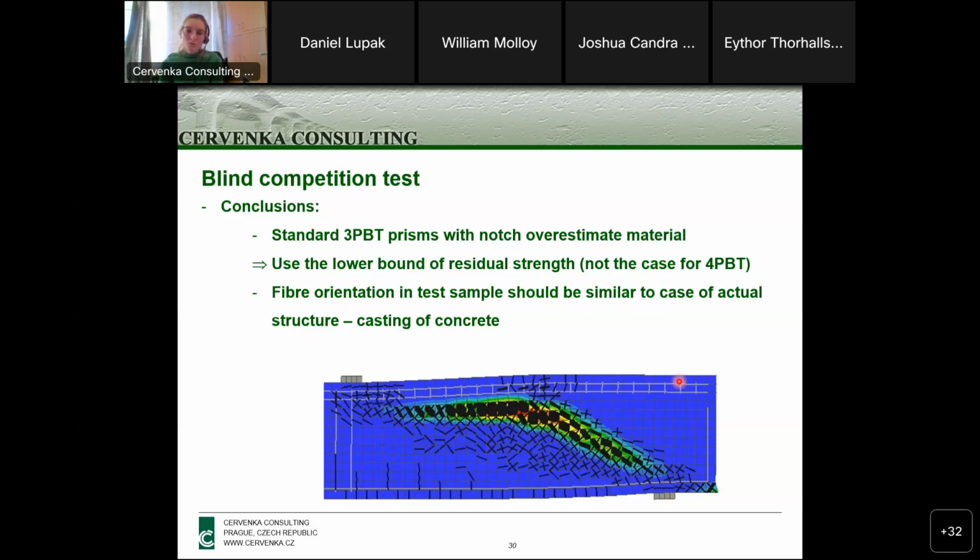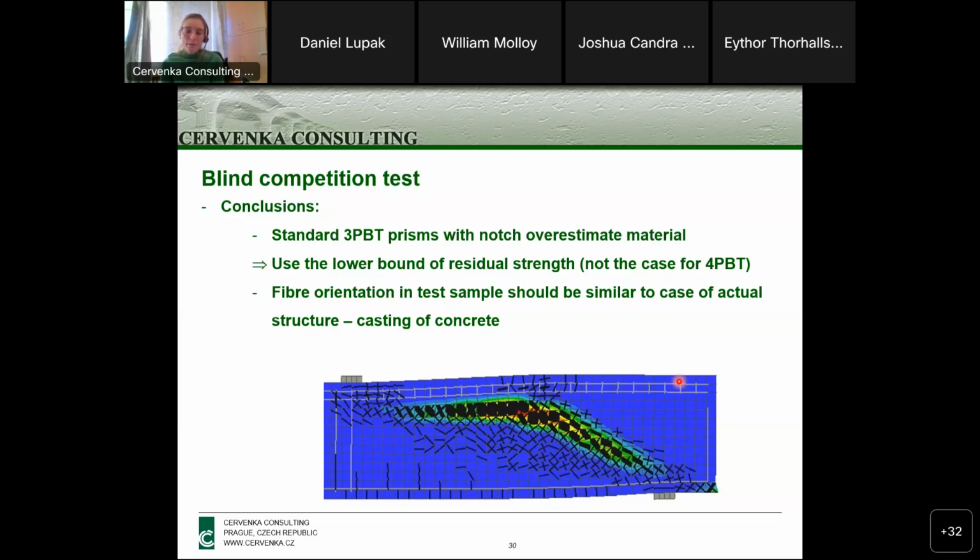But when it comes to the 4-point bending test, you have the zone where, during the test, the worst area where the material is not strong enough is going to collapse first. So that's why 4-point bending tests might be a better solution. Otherwise, in case you have just a 3-point bending test, it's better to tend to the lower bound of the